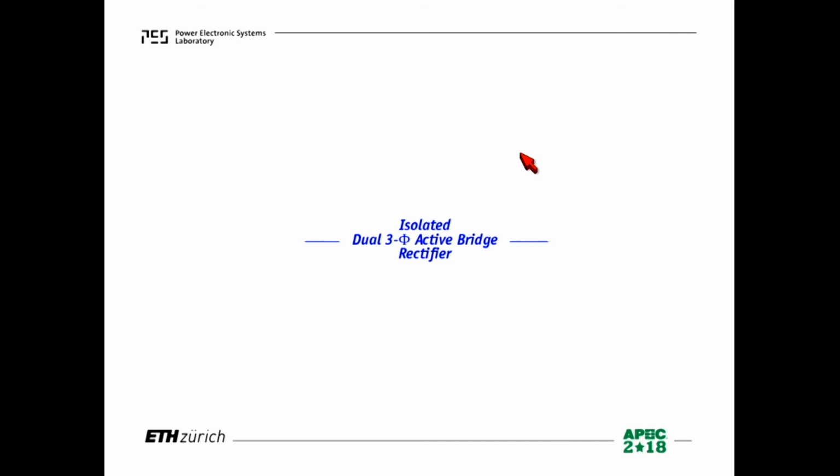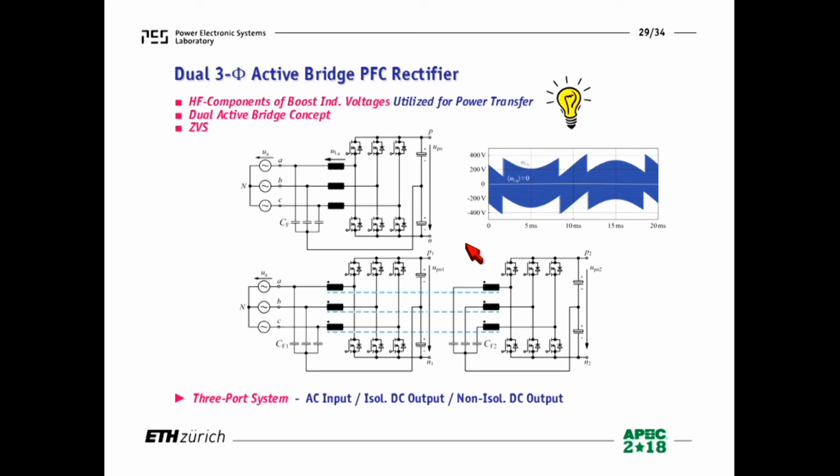But there is more. It's a possibility to do it matrix type, but you could again think beyond a bit. And you would say, okay, this is a boost type rectifier, 2-level. We have seen it now 3 times. But then you say, okay, I maybe should analyze what voltage I have across those filter inductors. This is generating a current ripple. And if you plot this voltage, and it's done here, then you would say, this is pretty much a switching frequency voltage. Couldn't we really utilize this in order to really have a power transfer to a secondary side